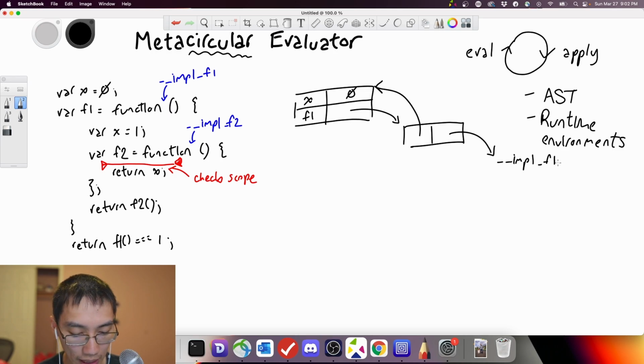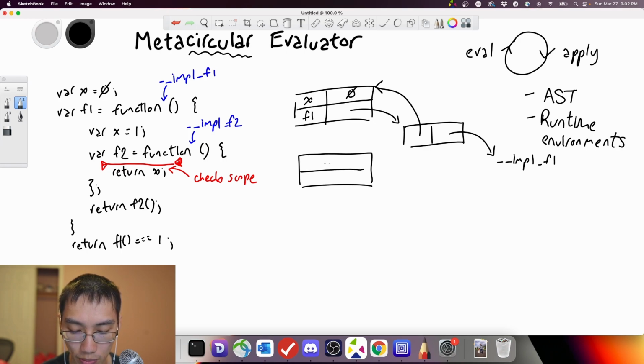And I think that's it for this environment, right? So when we called f1, that caused a new frame to get created. So we'll go ahead and create this frame. This new frame has 2 new bindings in it. It's got x, it's got f2, and we've got an access link